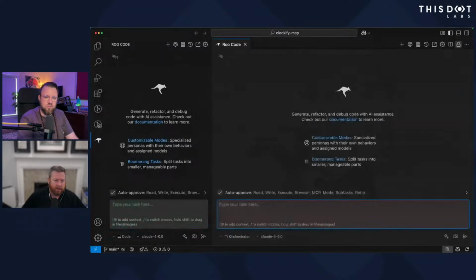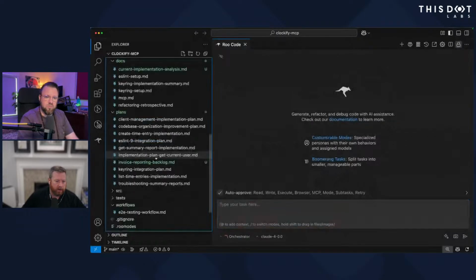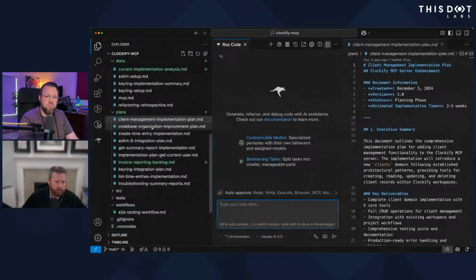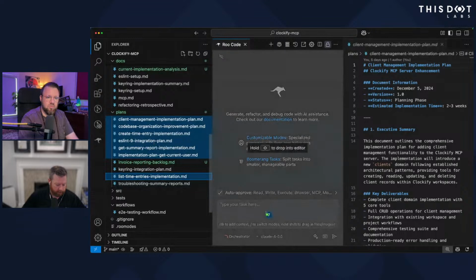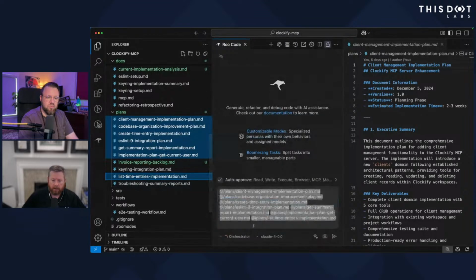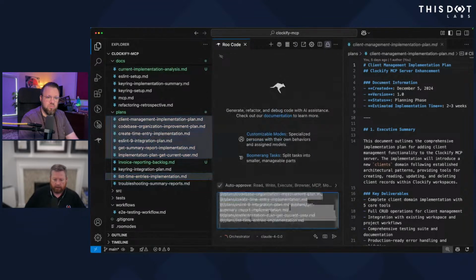This kind of thing sometimes can be surprising in a lot of different directions. So let's see what we get from it. I'm just going to take every one of these plans that looks like an implementation, not our backlog file. Key ring was pretty distinctly different, so I'm not going to pull that one in. And this is troubleshooting, so I'm going to ignore that. So I'm going to bring all these in and say,